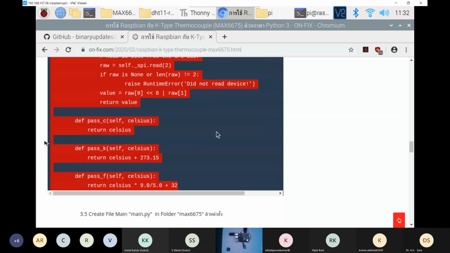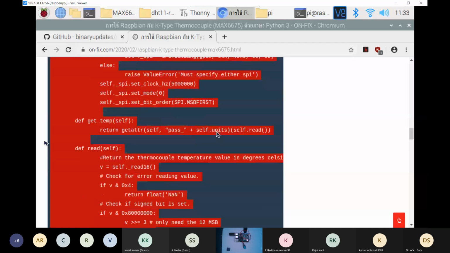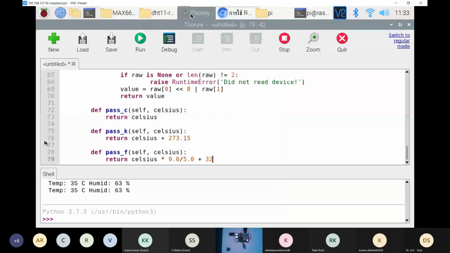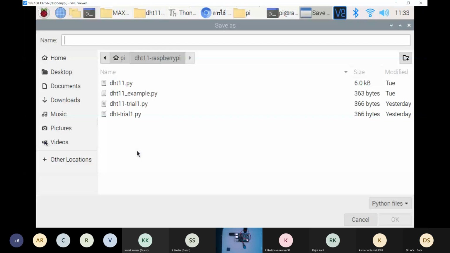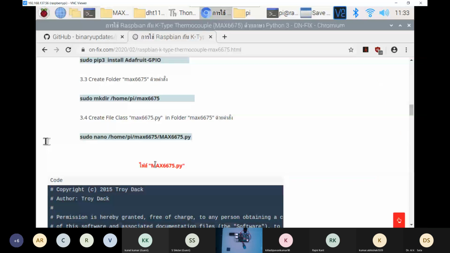So this whole file has been copied, and I will just save it in the next6675 folder. So basically, we will have to save it using the name next6675.py.